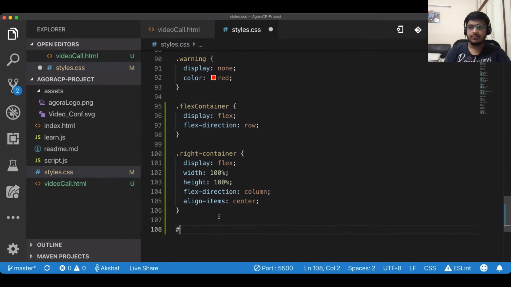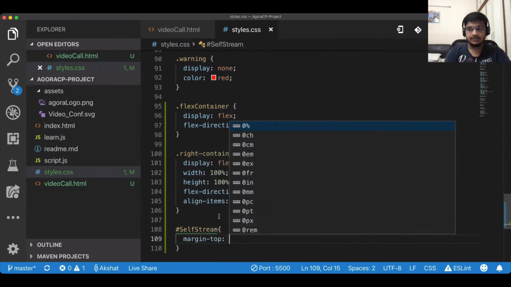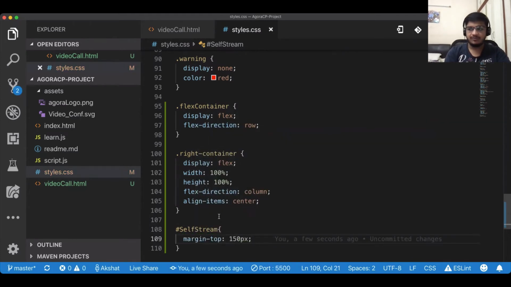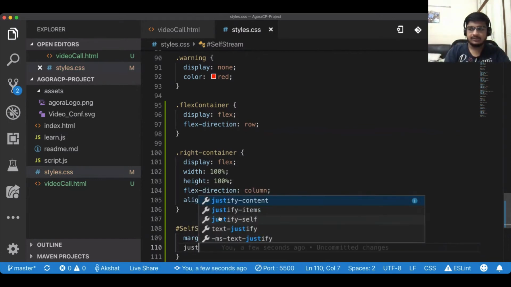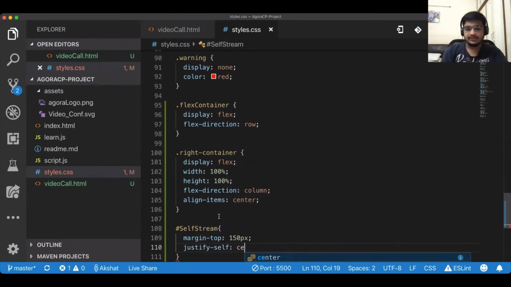And now comes time to edit the boxes. There was one called self stream. This is where your video will be displayed. Let's add a margin top of say 150 pixels so that it does not stick to the top. There's justify self center.